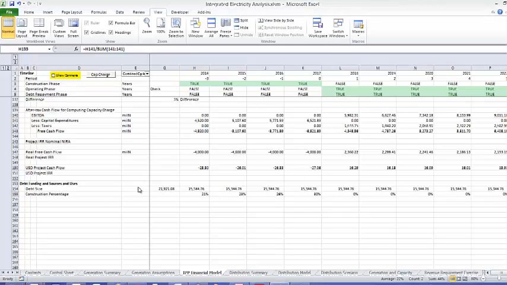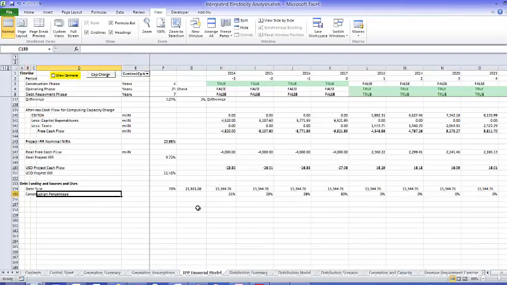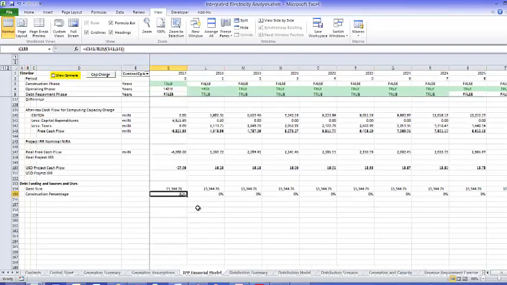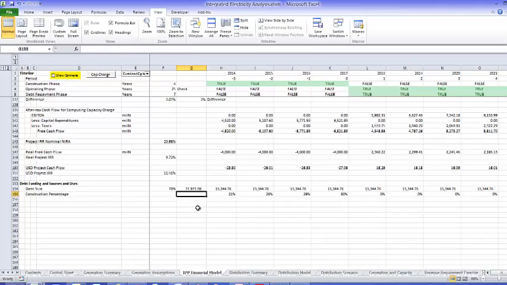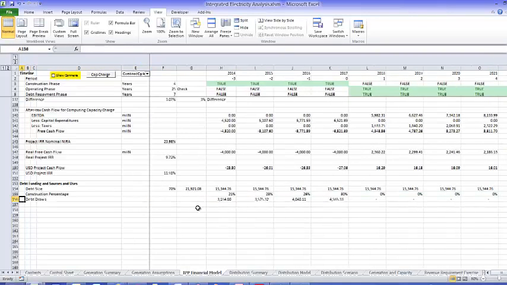Oops. Sorry about that. Okay. These are our construction expenditures, and finally we can get our debt draws. Now once we have the debt draws, we multiply the total debt by the debt percentage,